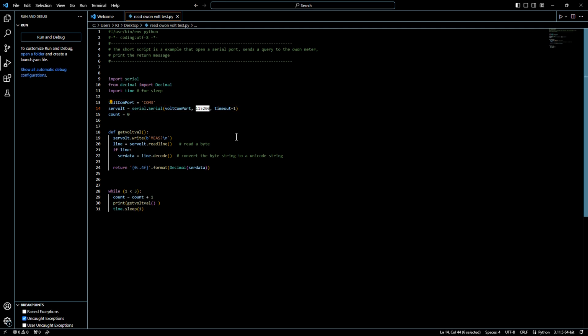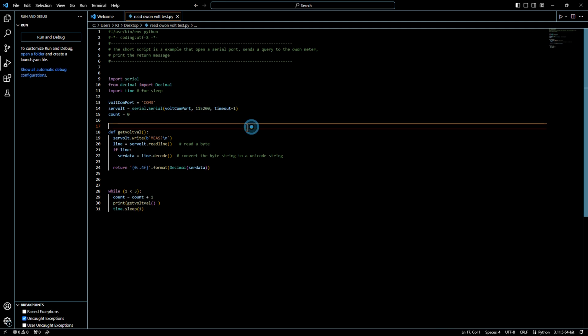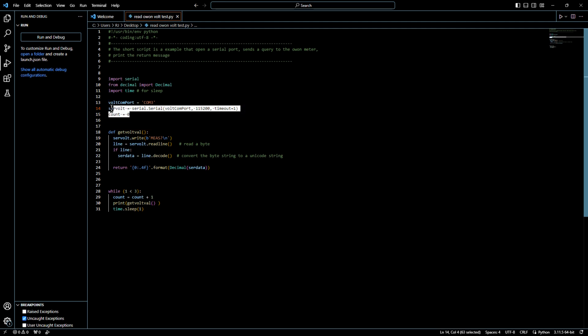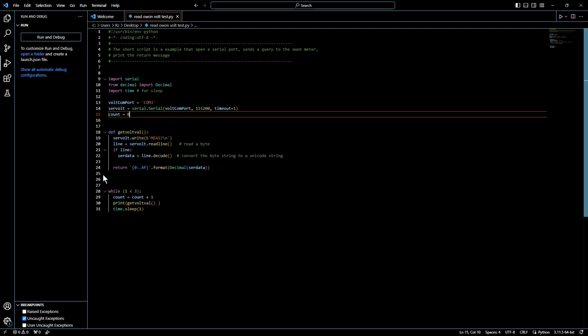The particular meter is set for 115/200 for speed, and I use a timeout of 1. Once that's defined, then we go down, and here is a subroutine to get the voltage from the meter. So our little program is pretty simple. As long as 1 is less than 3, which should be forever,